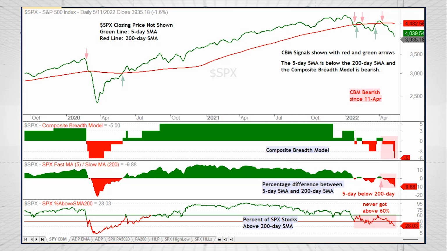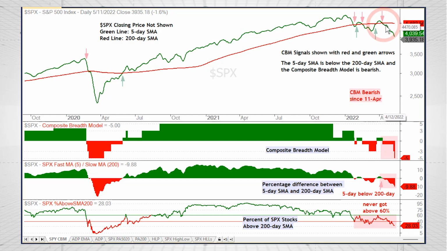So what I've got to put me on the right side of the market is a composite breadth model. And it's got 5 different inputs. We've got an S&P 500 trend and thrust model, and we have an S&P 1500 trend and thrust model. And then I've got the percentage difference between the 5-day and the 200-day. So on this chart here, you can see the red arrows. Red arrows are when the composite breadth model in that first indicator window turns bearish, negative, and when it turns bullish. So it turned bullish at the end of May 2020 and stayed bullish until January. We got some whipsaws, but it did turn bearish on April 11th,